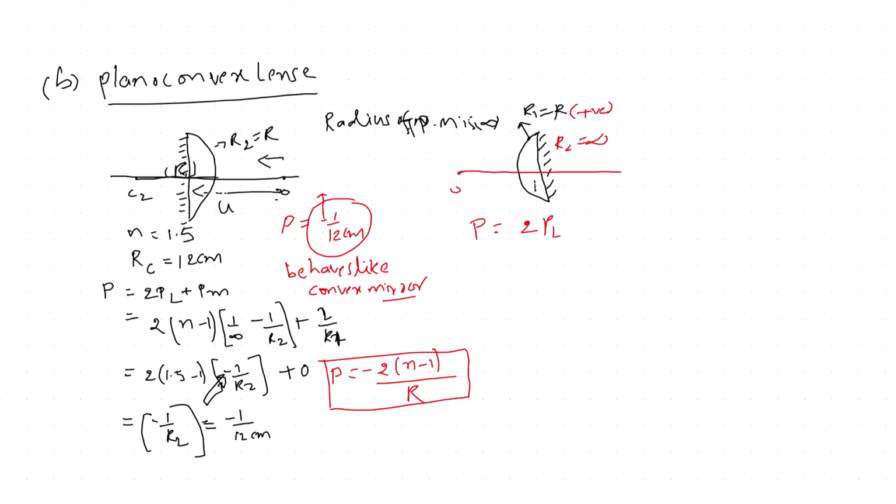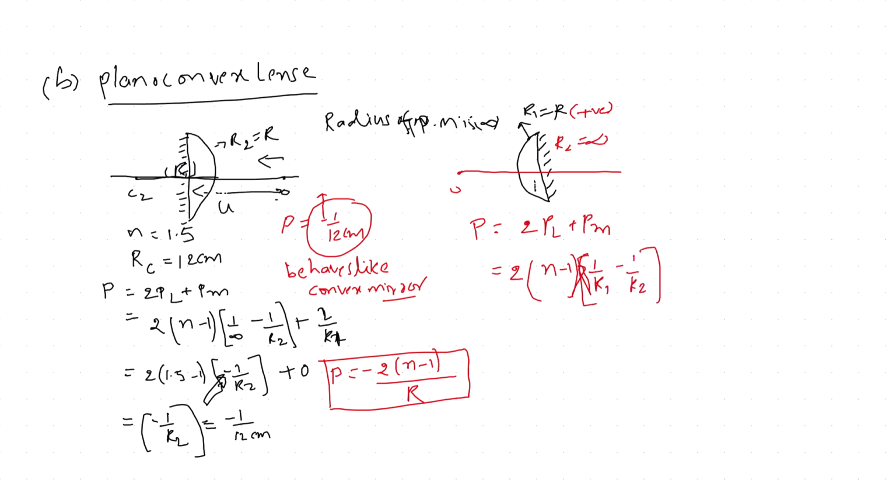This is the common formula. So that is equal to 2 into PL, 1 by FL. According to the lens maker's formula, 1 by FL is equal to n minus 1 into 1 by R1 minus 1 by R2,